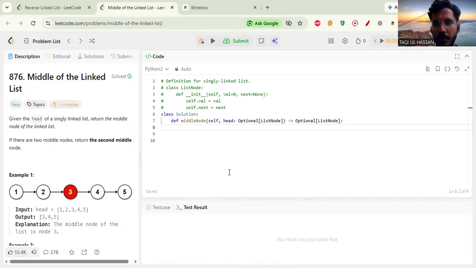Hi guys, today we are going to solve problem number 876 on Leetcode, which is to find the middle of